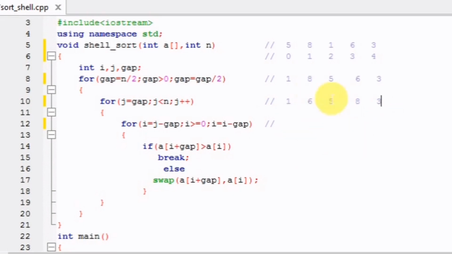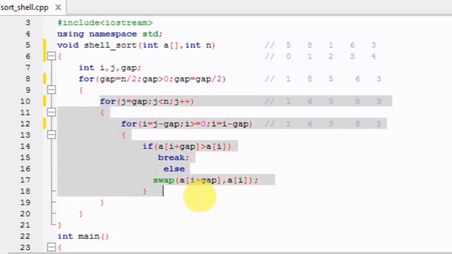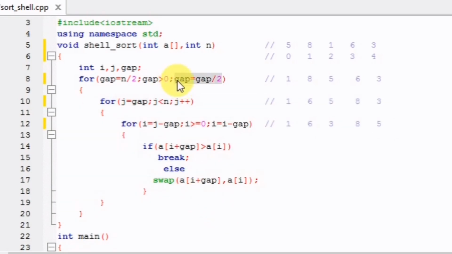Now again both the ith and the jth index will be incremented. So i will point to this element 5 and j will point to this element 3. So we will again swap them. Now index i points to this element and j points to the element 5. As j has reached the last element, we will come out of this loop, okay, and we will execute this, in which we will decrement the value of gap by dividing it by 2. So previously gap was 2, now it will be 2 by 2 equals 1.